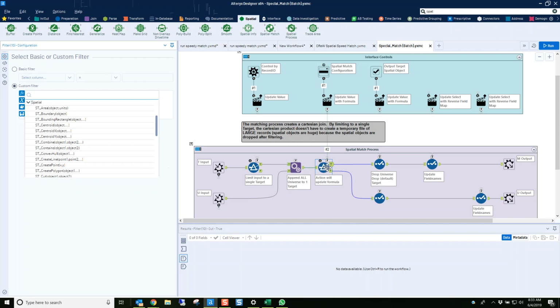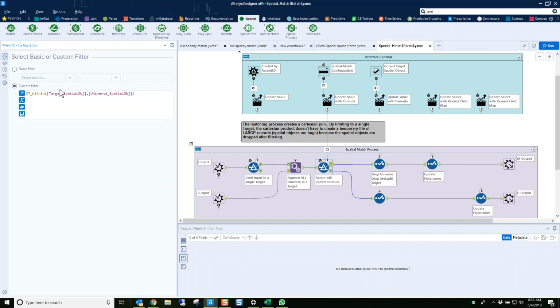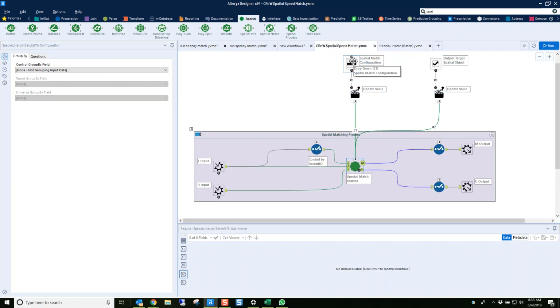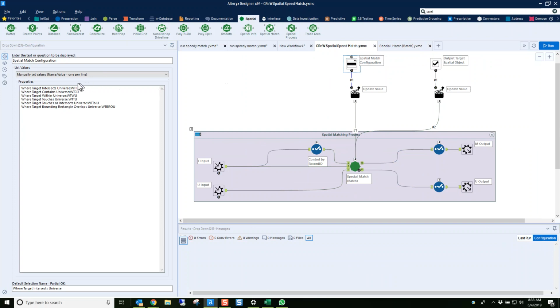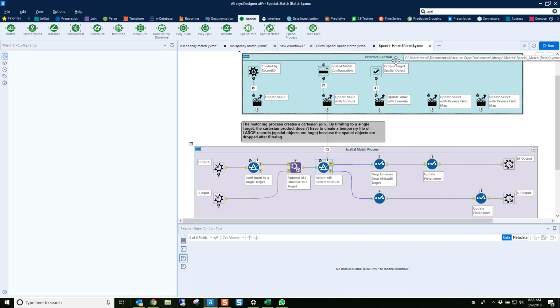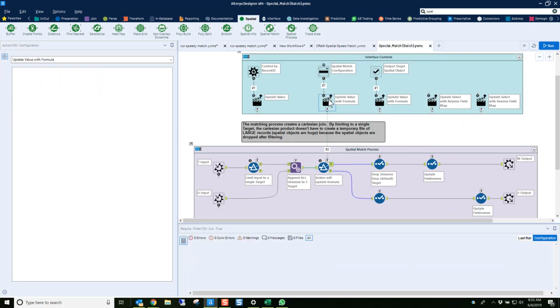And so what it's going to do is use an expression here, and it's going to say the spatial object is within target spatial object, universe spatial object. And based on that drop down that existed in that initial configuration, we're going to see which expression to use, come into the batch macro,